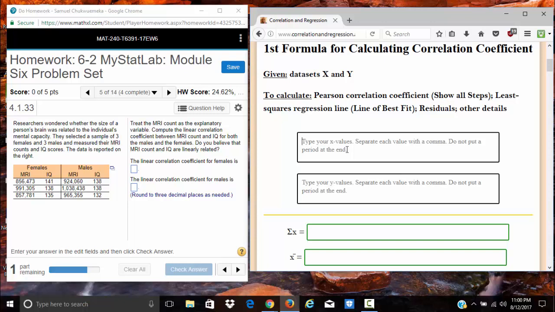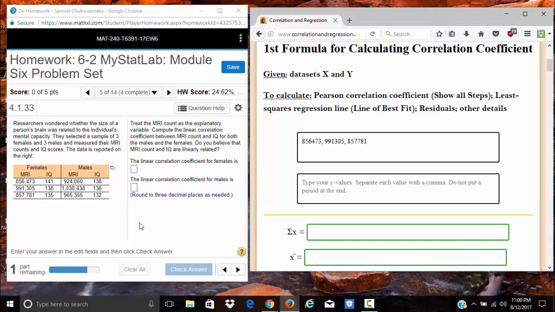Okay. First formula, females: 856473, comma. Please don't put 856, comma, 473. Please, no. If you put it the way they put it, you will get a wrong answer. Just put 856473, comma, space, 991305, and